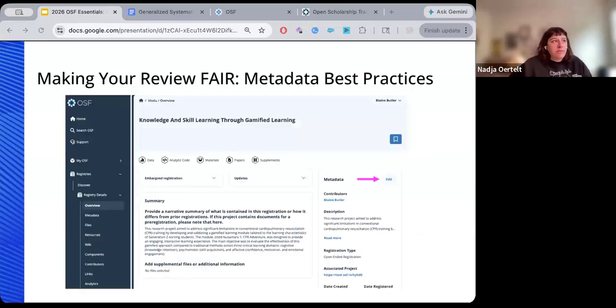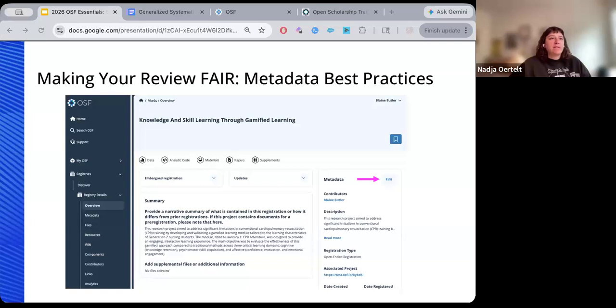Returning back to making your registration of your review on the OSF as FAIR as possible, there's a couple of things that can really contribute to that. You can edit your metadata, as you can see there on your registration. You should have a clear descriptive title, a thorough description of your review topic and scope.